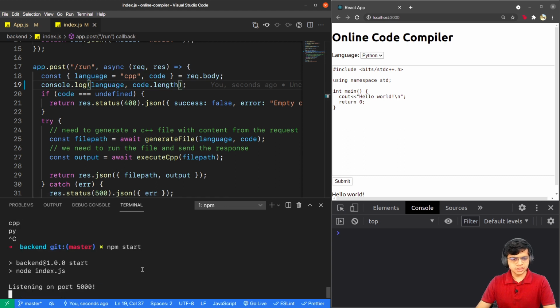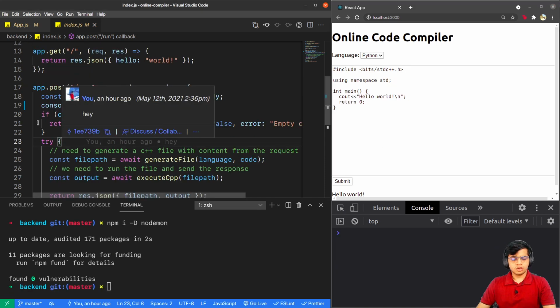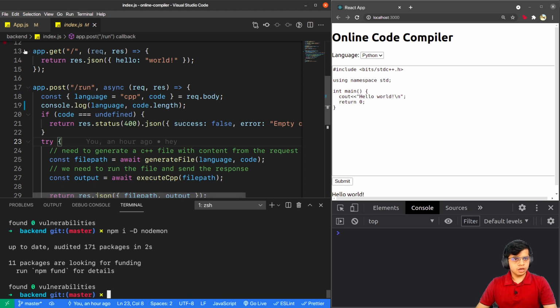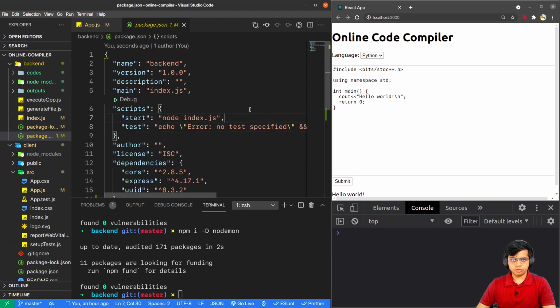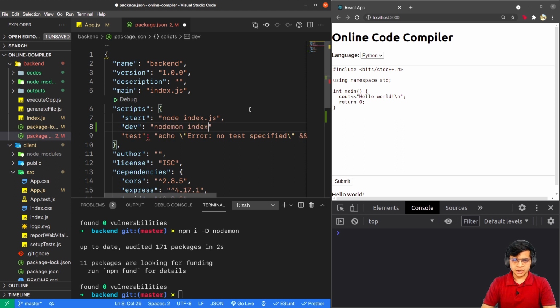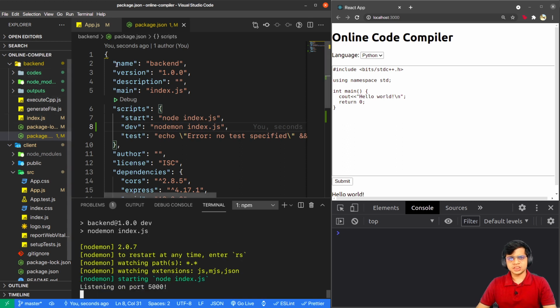Okay, we have to restart the server again. So we get Py101. So okay, this is 101 characters long. Now this is becoming really tedious, restarting the server again and again. So I'll just go ahead and install a dependency called nodemon. To use this dependency, I'll create a script inside of package.json saying nodemon index.js. Now if I run this script using npm run dev, this will keep watching index.js and any other related